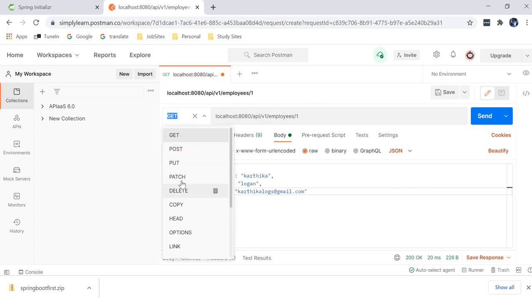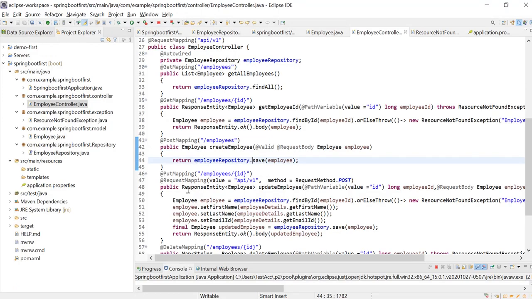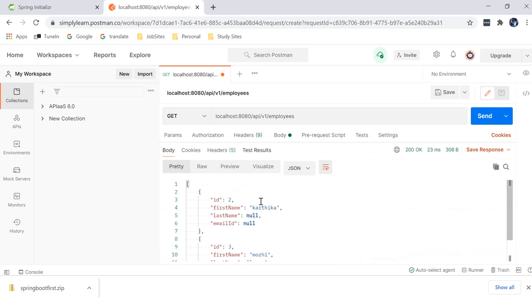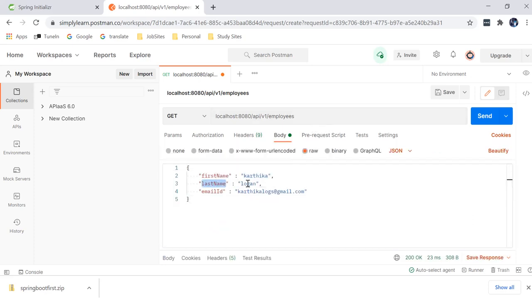I'm going to update the record by using put. Usually here put posting, I am updating the record. Okay, it was updated. If I am going to see all the records, then you will understand how it was worked. Okay, again it's showing null, null, null. Okay, fine. Last name, email ID,